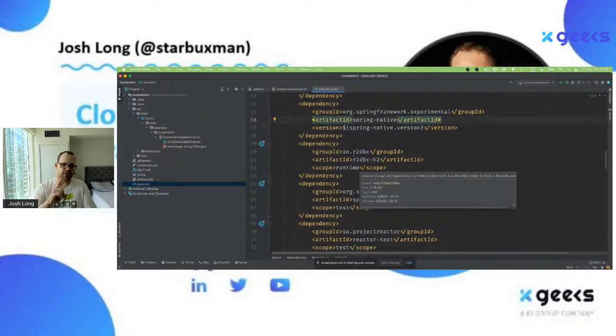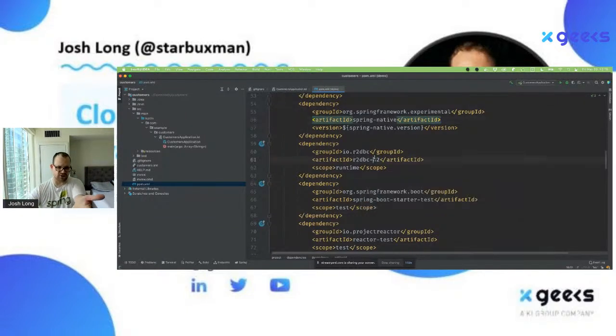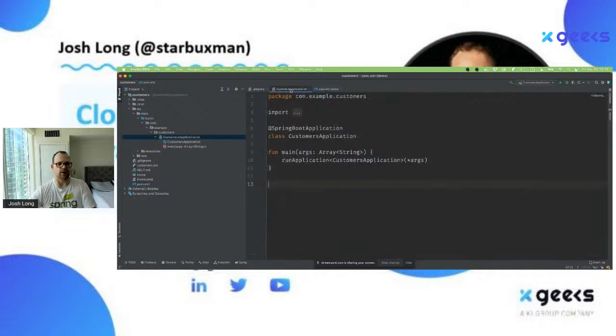And there are drivers for H2, for Postgres, for MySQL, for MariaDB, for SQL Server, for Oracle, for SAP, and it just goes on. The list is endless, right? Did I mention H2? I mean, they're all here, right? So lots of different options. And so what we're going to do is write data that talks to a SQL database.